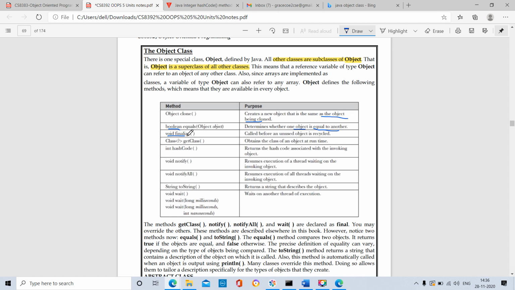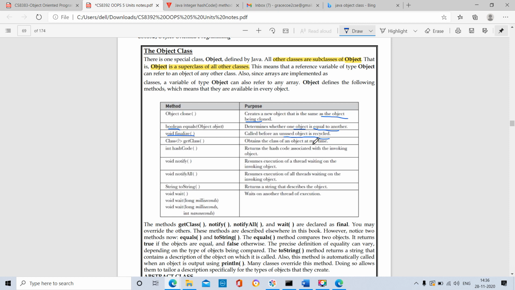Next method is the void finalize method. This method is called before an unused object is recycled. The garbage collection: in the first unit we saw about garbage collection. Garbage collection is a feature available in Java. It is used to remove the objects which are not used for a long period. You just recall the garbage collection.